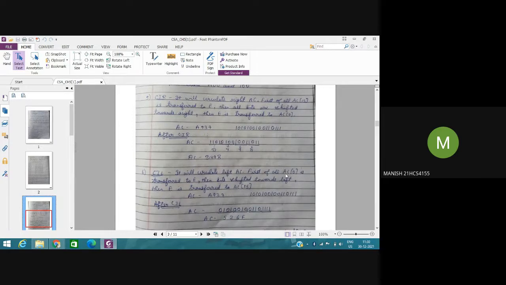First of all, the bit which is stored at 0 position, this bit 1, will be transferred to E, and then all the bits will be shifted towards left by the shift operation, and then we have to transfer the bit which was present in the E to position 0.